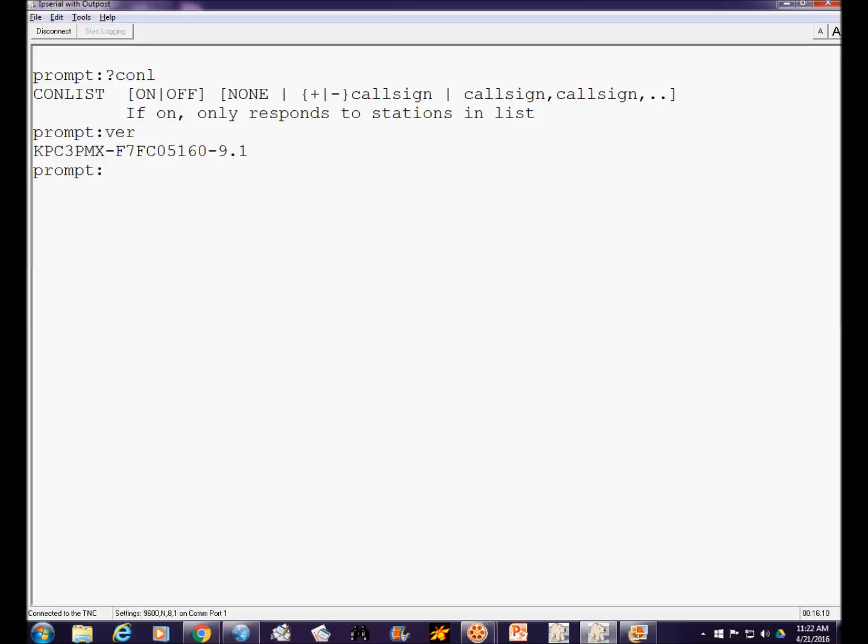The connect list command, let me first describe a scenario. You have activated the EOC for an emergency, a communications emergency of some kind. You've activated an emergency packet network. You may have even had to QSY off the daily use frequency onto one that is set aside and reserved for emergency communications purposes. So the BBS has moved off to an independent frequency where there's less normal daily traffic,